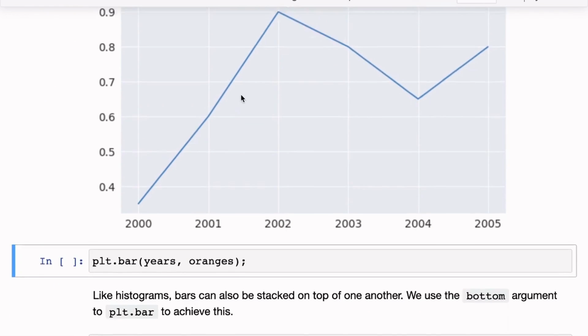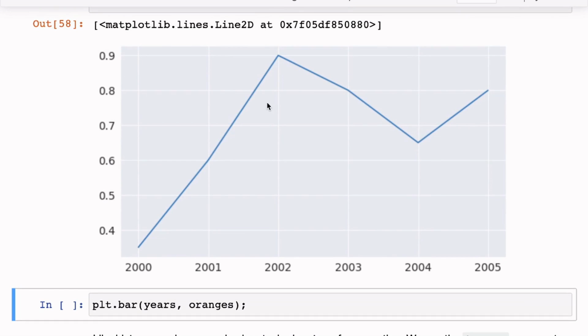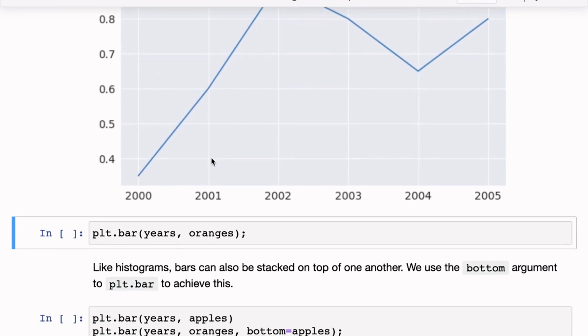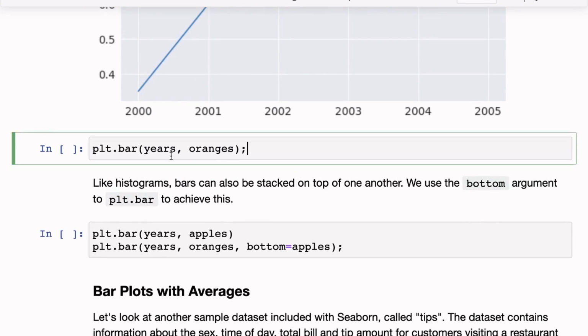Now, this is great to study the trend, line charts are great for that, but they're not very useful for comparing individual values, right? So you can tell probably that this value and this value are a little bit higher than this value, but it's not very obvious visually. And that is where, when you want to compare data across multiple years, it might be better to plot a bar chart.